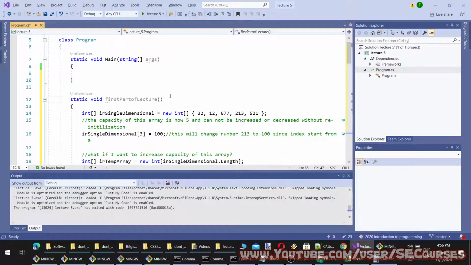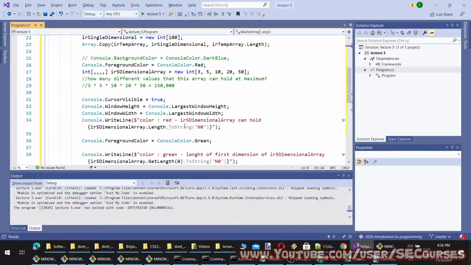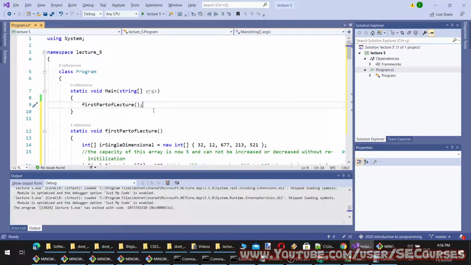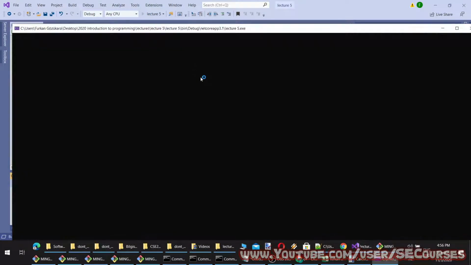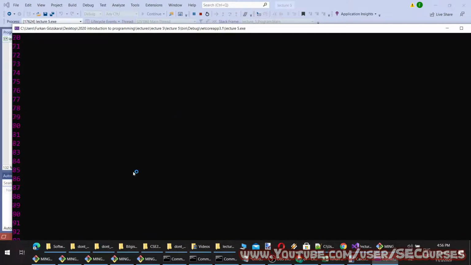So you see now this is a method like this one, and when I call this method like this, it will be called. Okay, so when I run, we will see the same process that we were seeing at the beginning of the lecture.